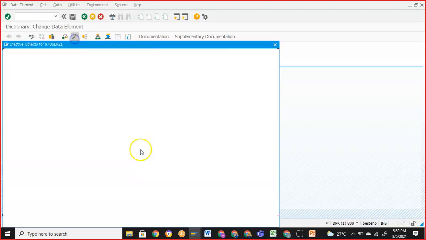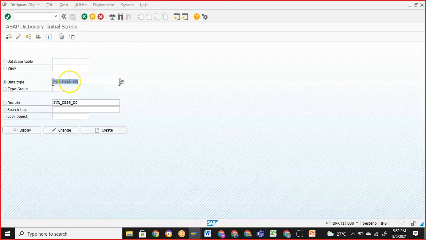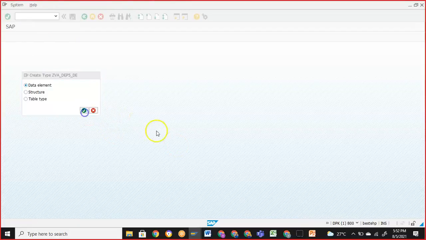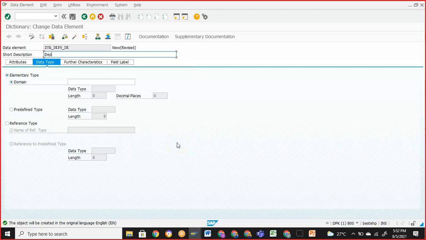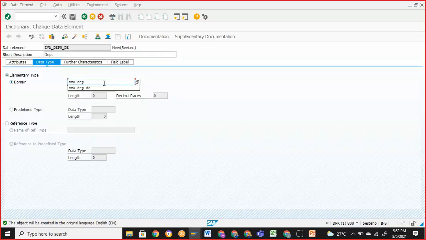Syntax check, activate. Then we have DEP, create department, ZVA underscore DEP5 underscore DO.